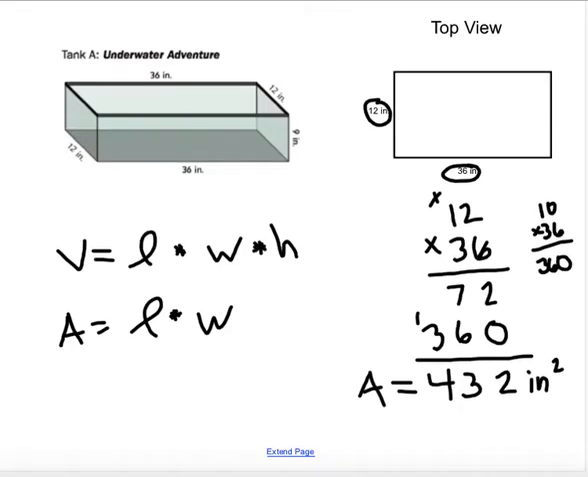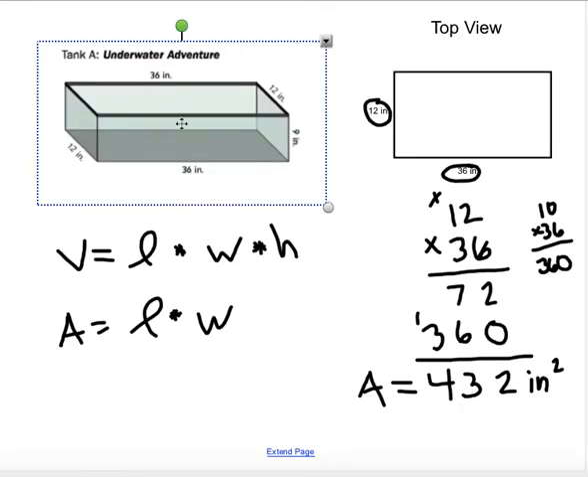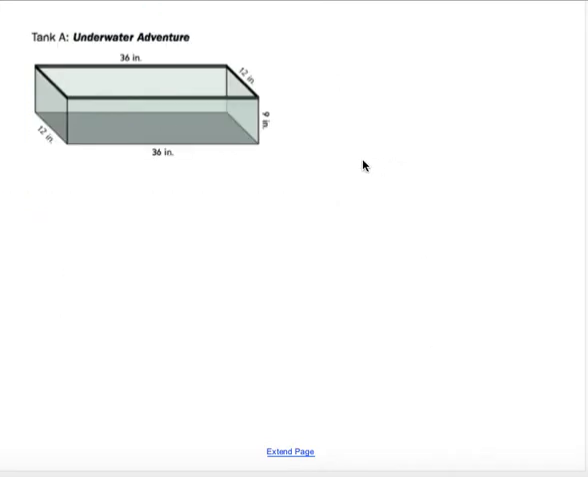All right, now I'm going to have to jump back and forth here between the pictures. Actually, no, I don't. I'm going to make another copy of this picture so we can see it over here. Okay, so now we're going to go and find the volume